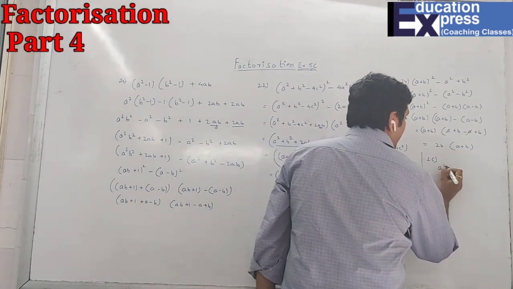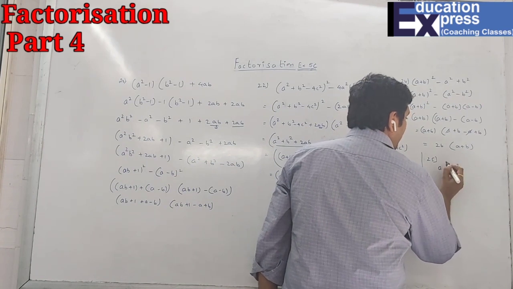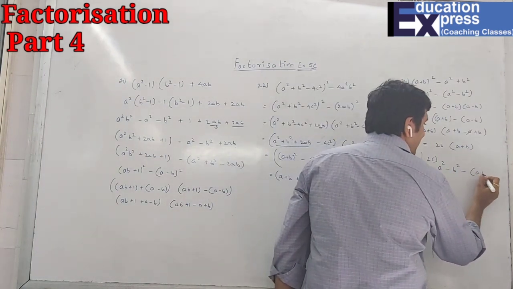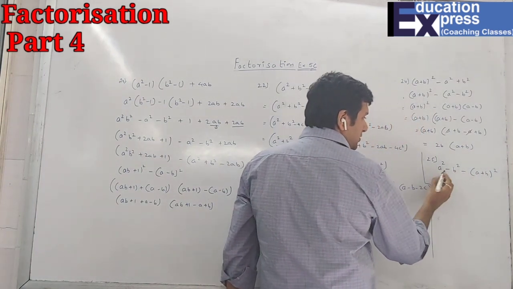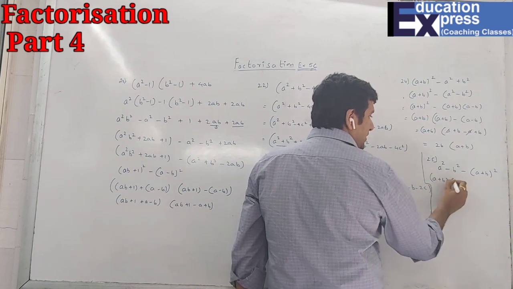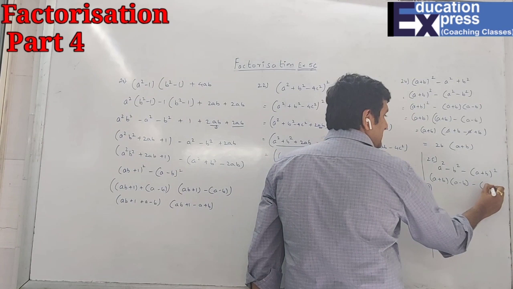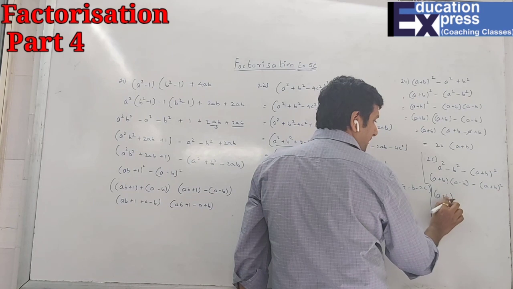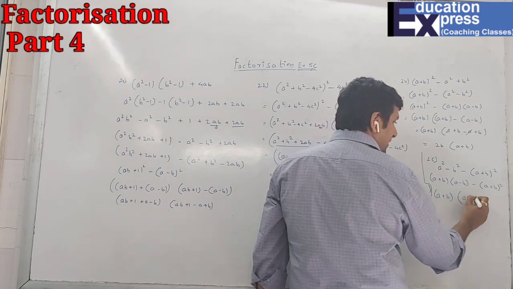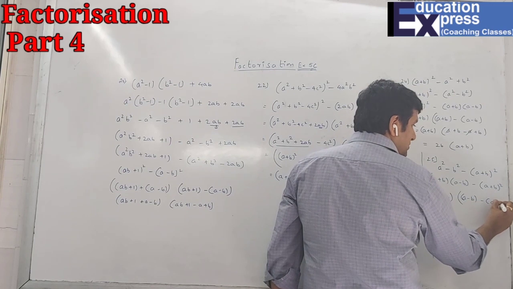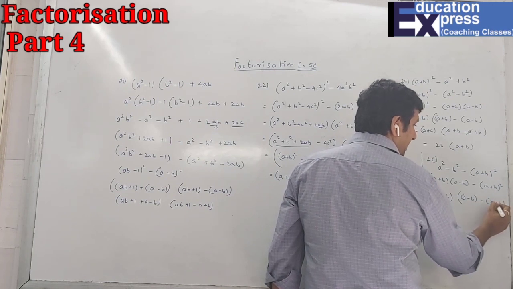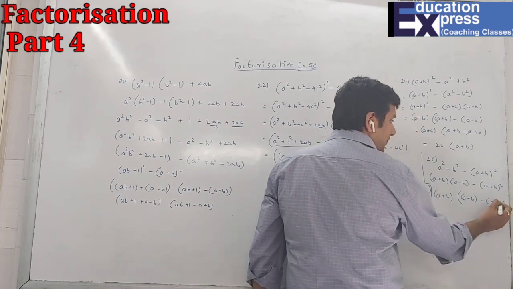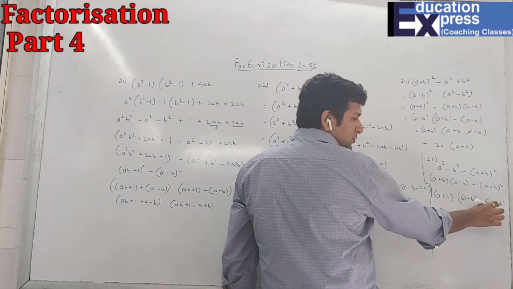a square minus b square minus (a plus b) whole square. So here a is positive, here it is positive, no issues. So (a plus b)(a minus b), and then (a plus b) the whole square. So I can take a plus b as common. What is left? A minus b minus a plus b, because (a plus b) square was there, one a plus b is out, one a plus b is yet remaining.